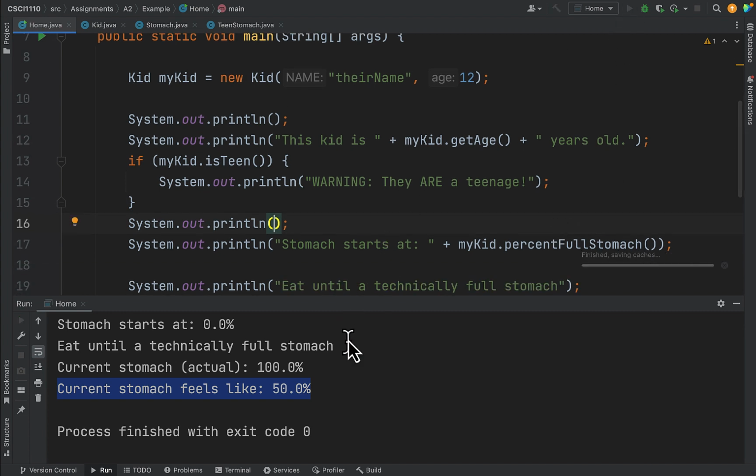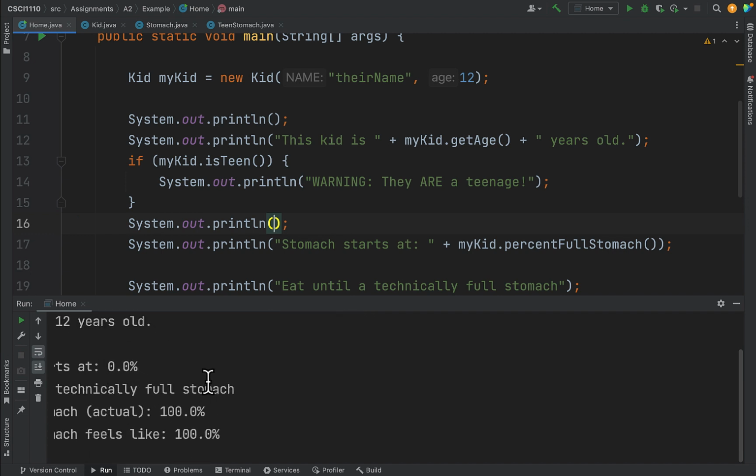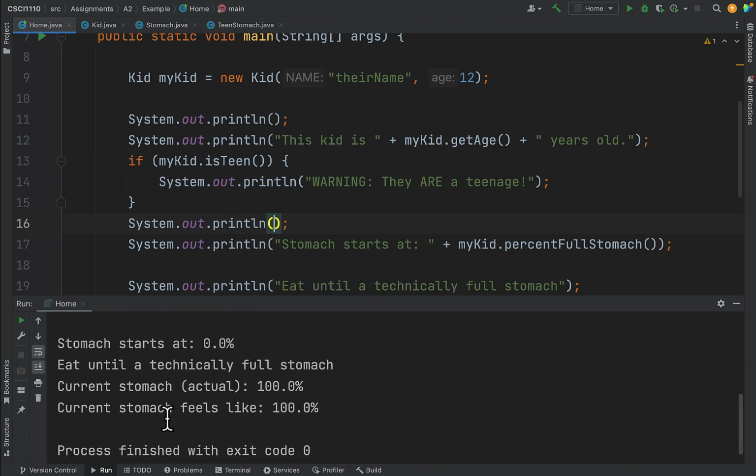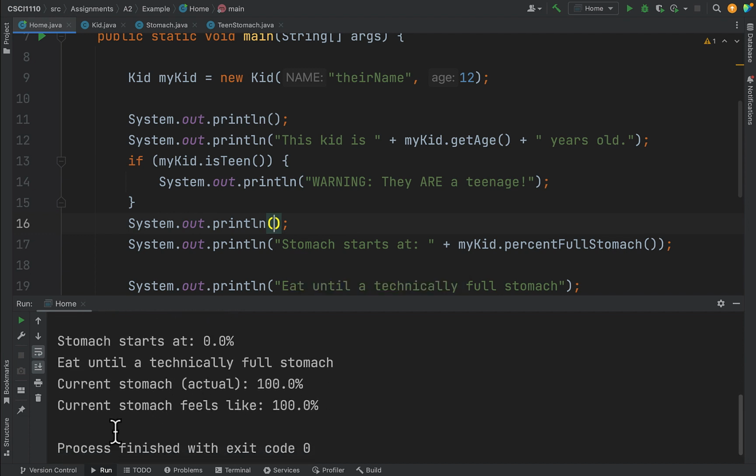Okay, so now we'll run it again. And what do we get? So this kid is 12 years old. Their stomach starts at 0. They eat until a technically full stomach. Their current stomach actual is 100%. Their current stomach feels like 100%. Okay, so if we run it again and we set the age to 17,